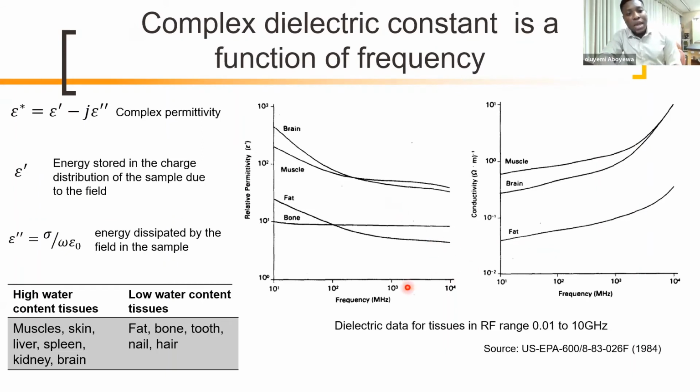Looking at the complex permittivity properties. Now, I talked about this permittivity, which is the response of a given material to the electric field. But that permittivity is not just a constant value. It has some frequency dependence. That is, at DC, if you have a wave that is not changing in time, you're going to have just a component of that permittivity. Essentially, this is a property that is explored in capacitors, right? But by the time you begin to have some variation, some changes like an oscillating signal,